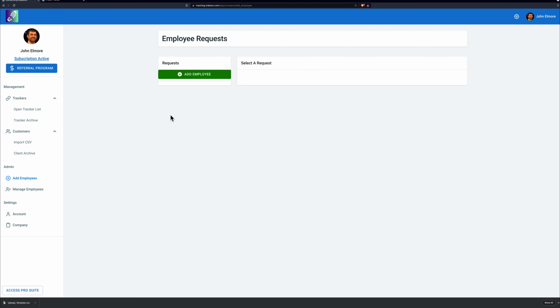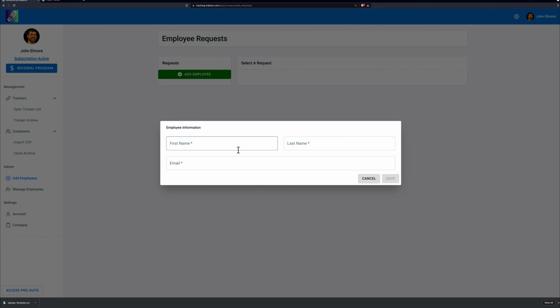To add an employee, you'll go on this left toolbar under Admin and click Add Employees. Then, under Requests, you'll hit Add Employee right here. After you click Add Employee, you'll put in their first and last name, as well as their email address. After you hit Save, a file for that employee will be added to your company, and they will receive an